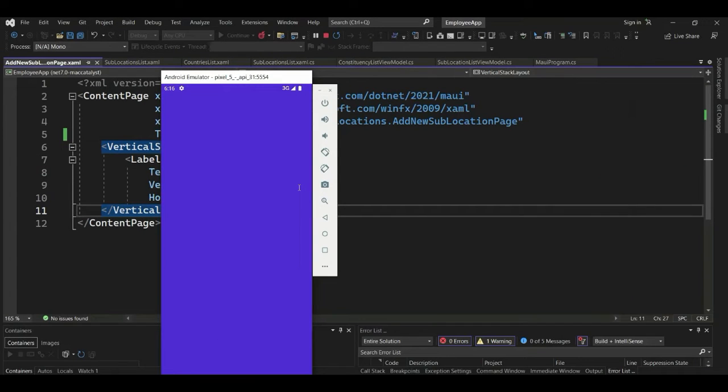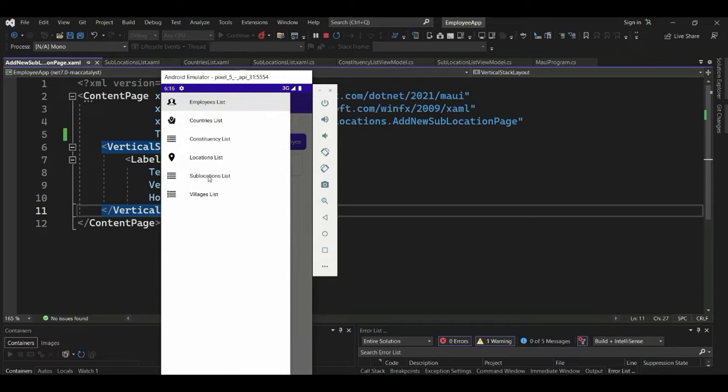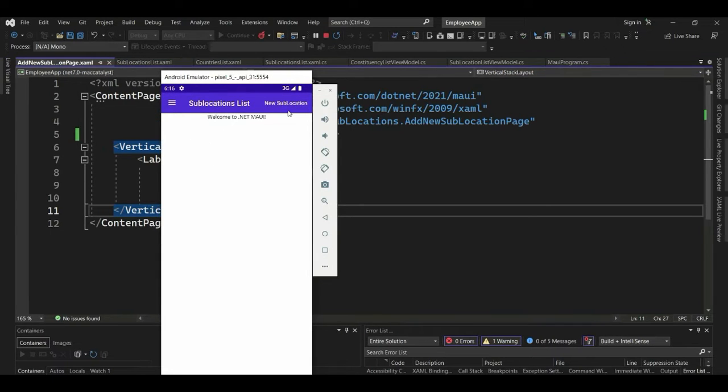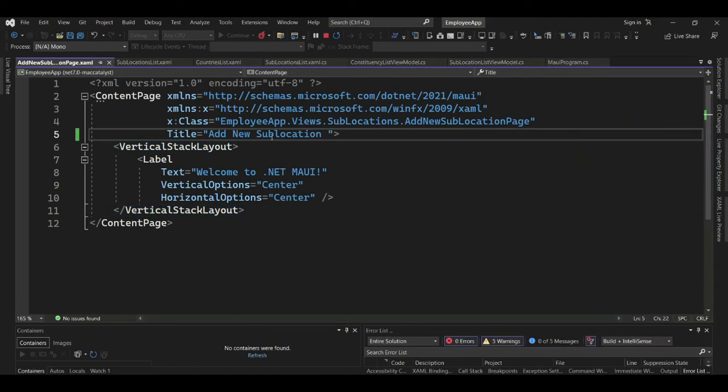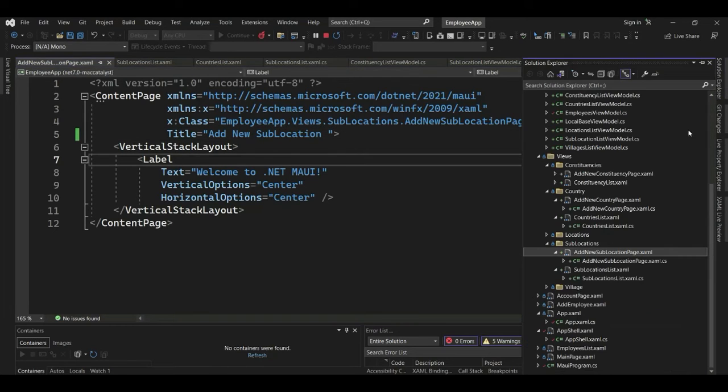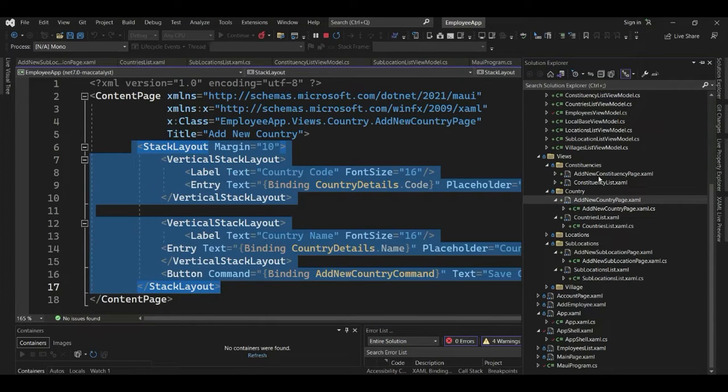So our app is launching. So let's see how it looks like. So if we come to sublocations, this is the list. So you can see our new toolbar item. So if we click new sublocation, it will take us to the new sublocation page that we had just created. So we need to add the sections, that is the entries, to capture the